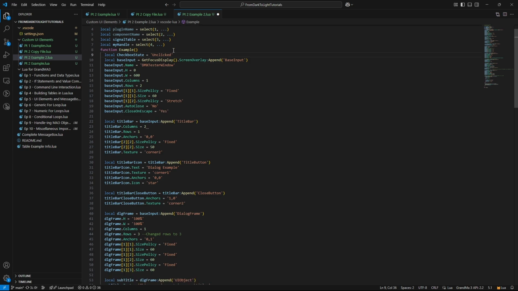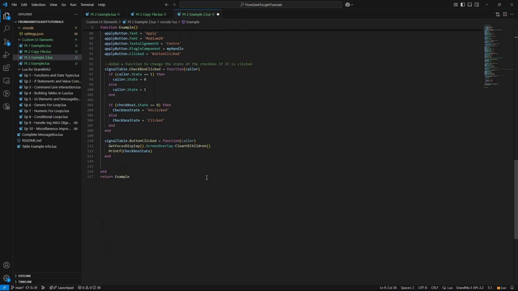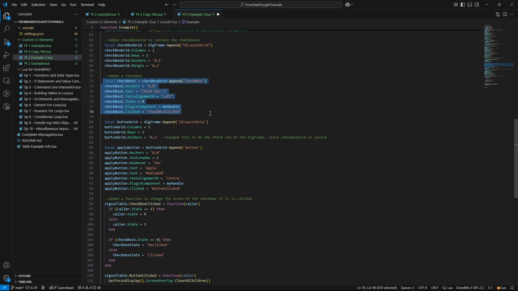First, it's a lot of code. This is what, 117 lines of code for one checkbox. If I want to add another one, it's going to be like 6 more lines for each individual one to add more. Also, whenever you add something, you also have to change the information about which row it's in, and in some cases adjust the size of the overlay and things like that. There's a lot of room for error.